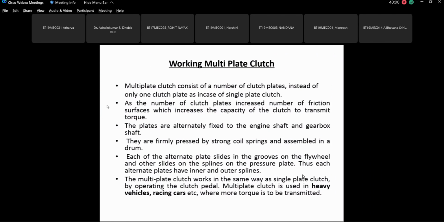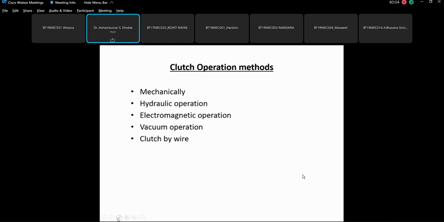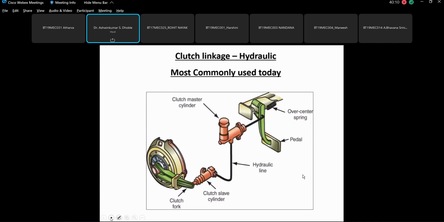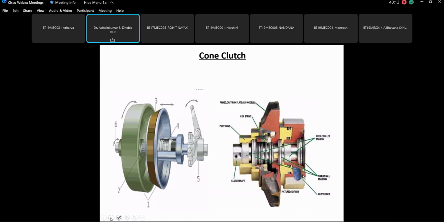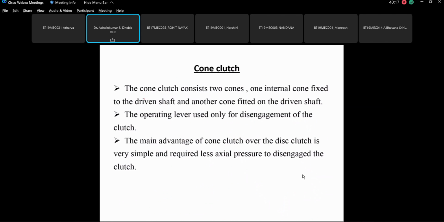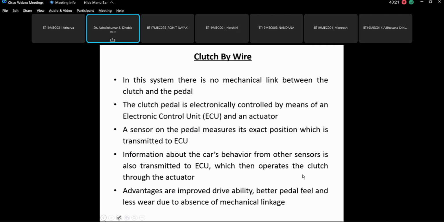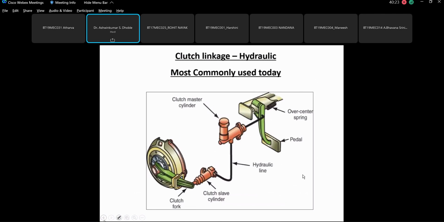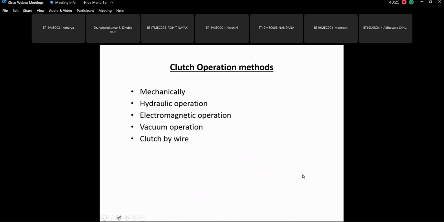थोड़ा सा इसको उठा के सरका देते हैं। ये तो मैकेनिकल वाला हमने तो देख लिया, क्लच बाय वायर, हाँ, कोन क्लच। सो दिस इज बेसिकली दी कोन क्लच। इसके पहले क्या दिया हुआ है? क्लच बाय वायर। चलो ठीक है, ये भी बात कर लेते हैं।